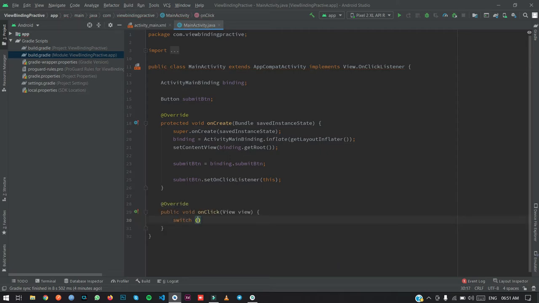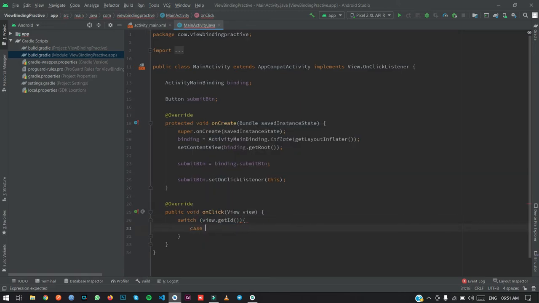So let me show you how we can view that, get the ID, and you can find the ID as you were finding before. Break. Then we will create a toast: view binding is success.